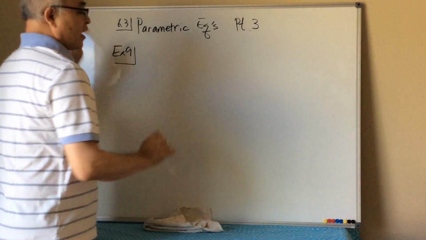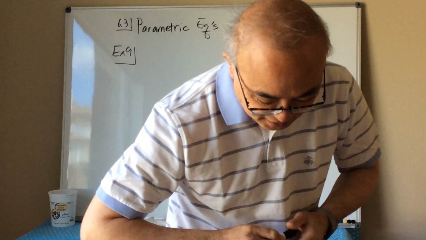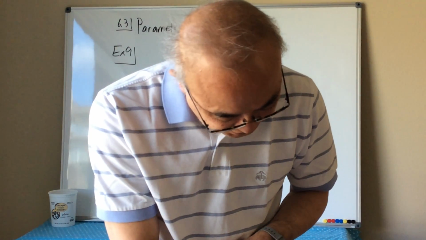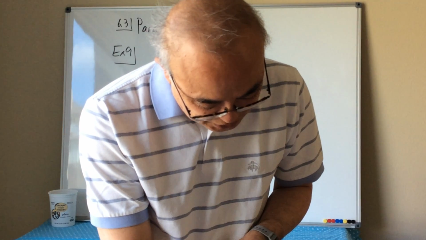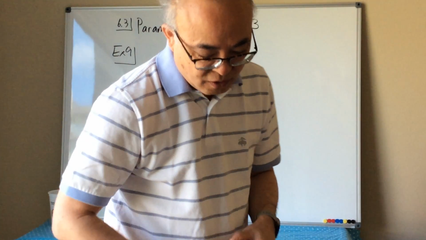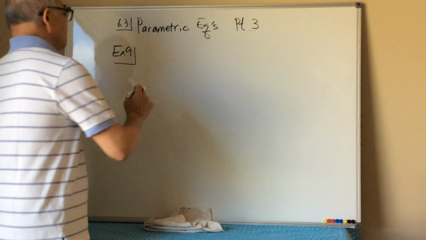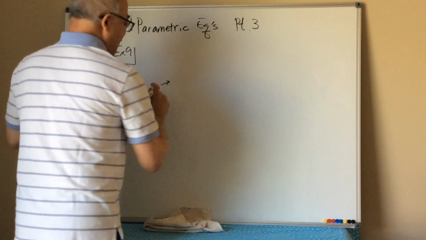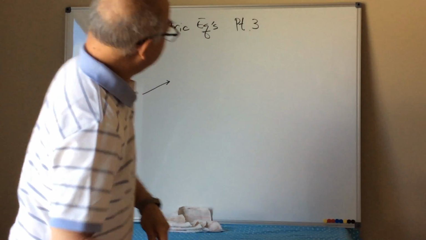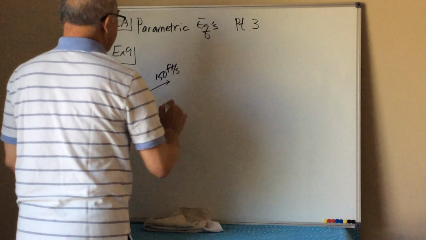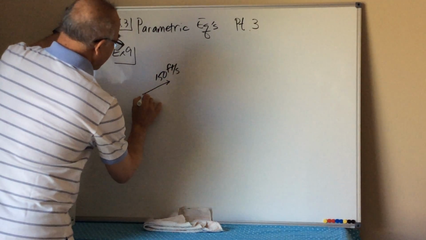In example number 9, we have Kevin hitting a baseball 3 feet above the ground with an initial speed of 150 feet per second at an angle of 18 degrees with the horizontal. Will the ball clear a 20-foot wall that is 400 feet away? So we have hitting the ball at 150 feet per second